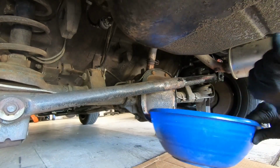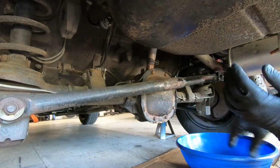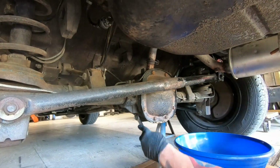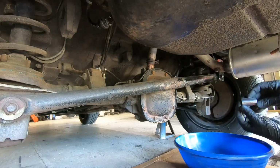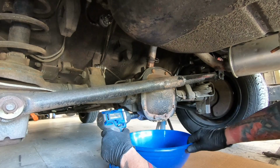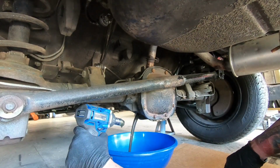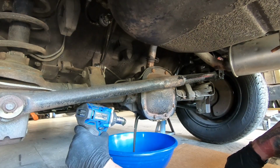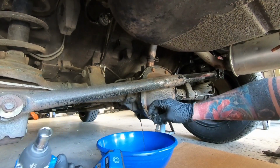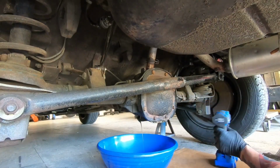So you're going to need a pan, some rags, some gloves, and then over here is the drain. It's a 17. And it's brown. Normally it's like a silver honey color, and that means somebody may have been in here before. So while that drains,